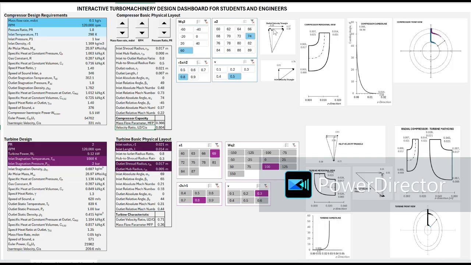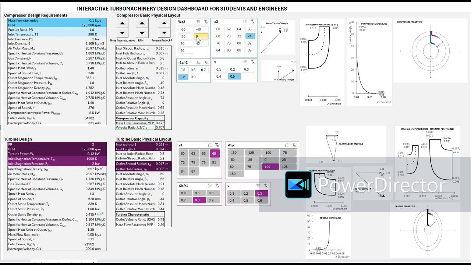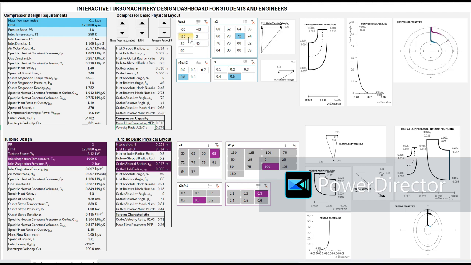Then this left side of the layout shows you the velocity triangle. When we select the relative velocity or angle, the velocity triangle at the inlet and at the outlet will be changed automatically. So the users, whether the student, the engineer or the turbomachinery designer, can directly and immediately see the conditions of the velocity triangle, which is very important for them to understand and realize what will happen. It also gives the Mach number